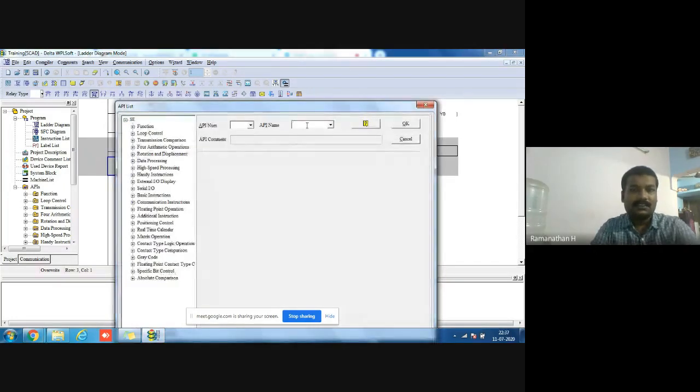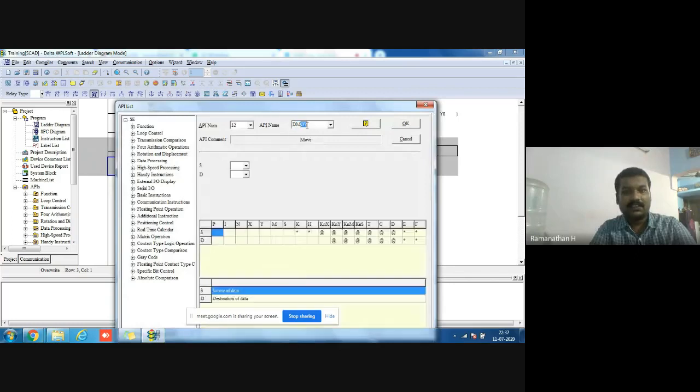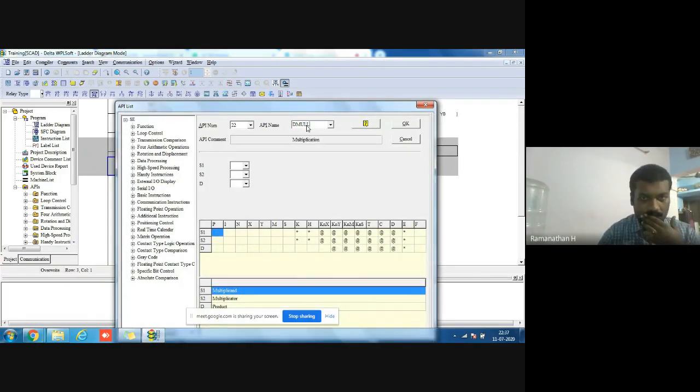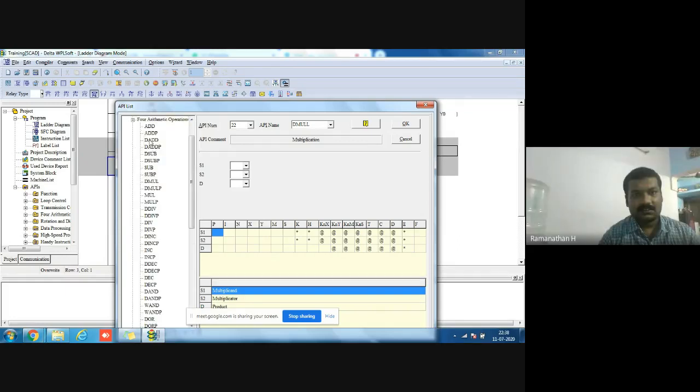In that API name you can also give it, like DMUL. If you have some hands-on experience, you just give this much. Otherwise, you go to the set arithmetic operation and search for where DMUL is.